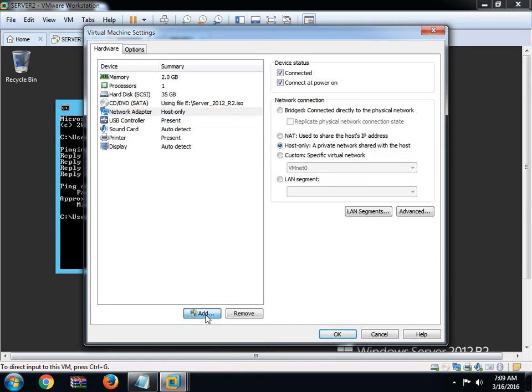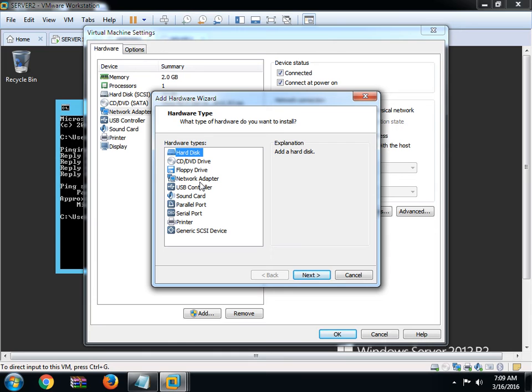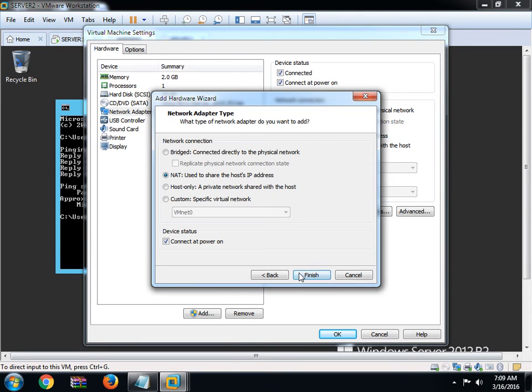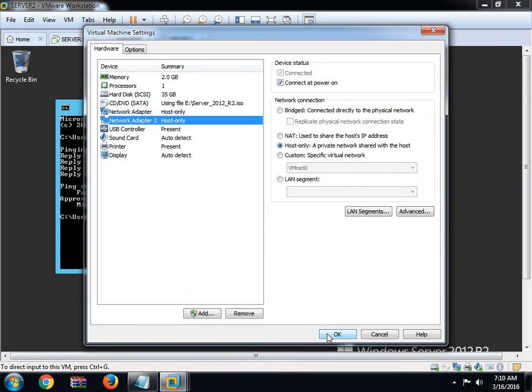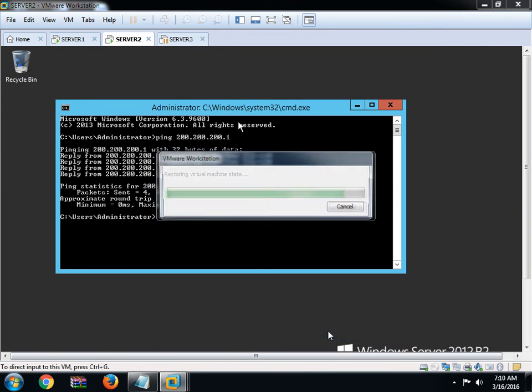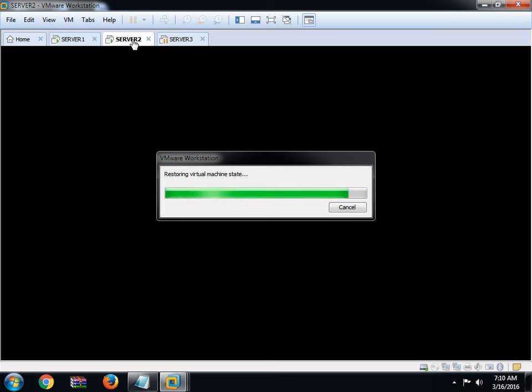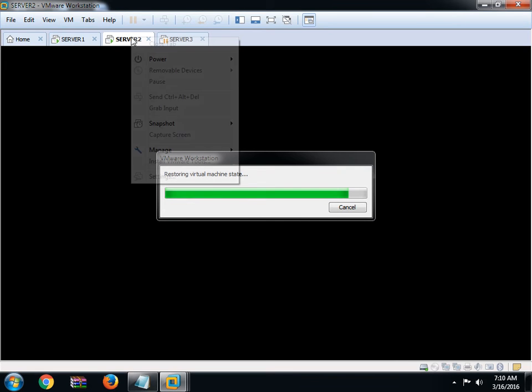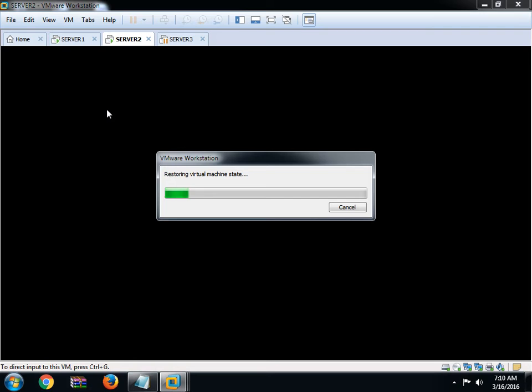Network add, yes, network adapter. Please wait, taking some time. Okay. Next, host only, finish, and simply press OK. This server is what? It is RRAS.